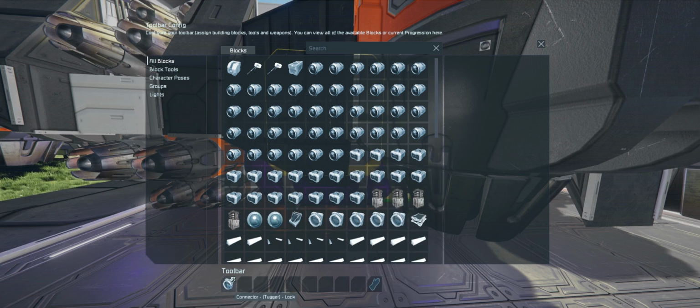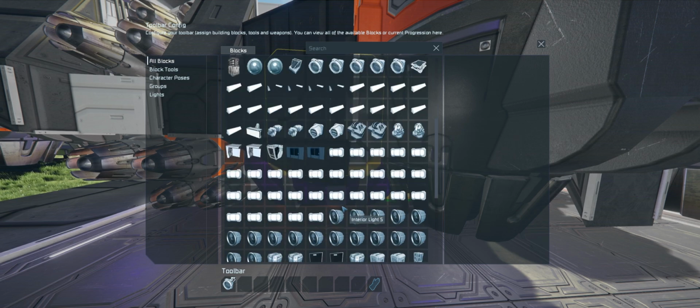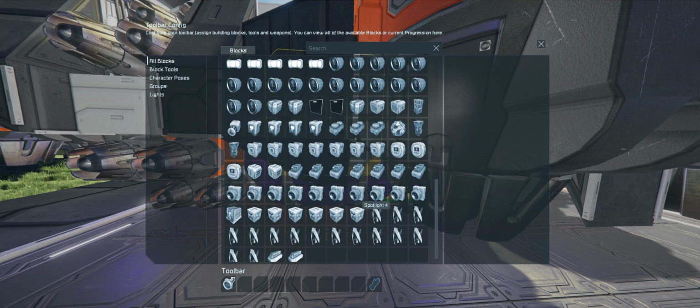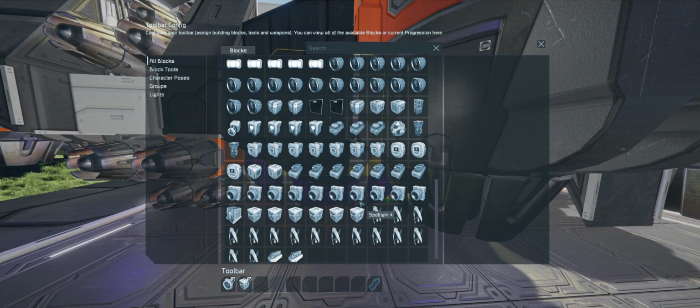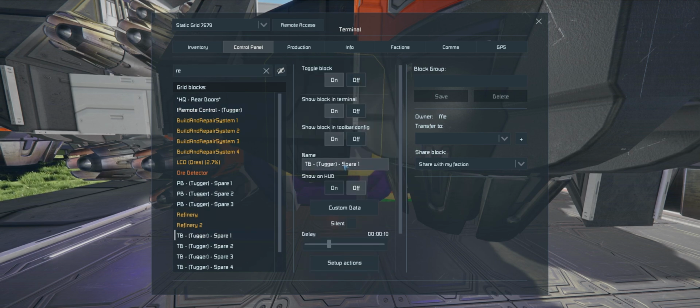lock the connector, and then we want to trigger a timer to count down for us to release it. So start the timer block. And that's number 1, isn't it? Yep, okay. Okay, so let's go to timer block 1. This is going to be